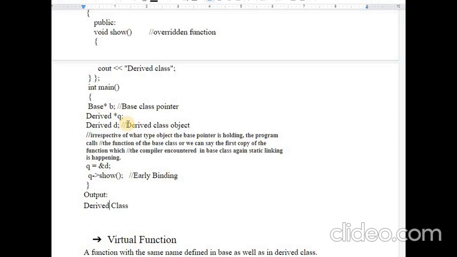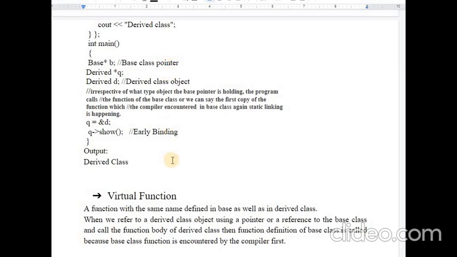It executes whatever definition it gets in the first place. And in the simple case, the derived class function is overriding the base class again and again. So the one solution to all such problems is known as the virtual function.